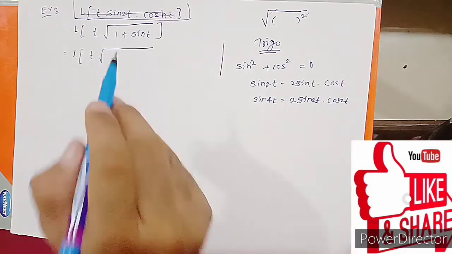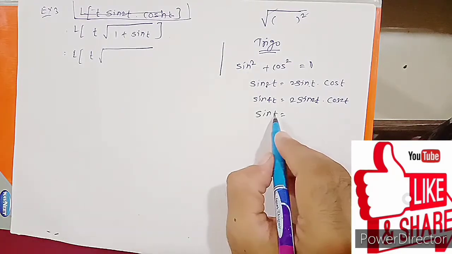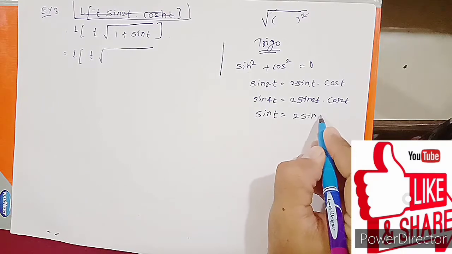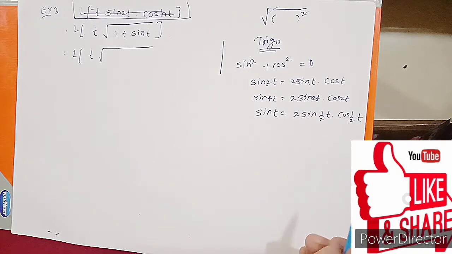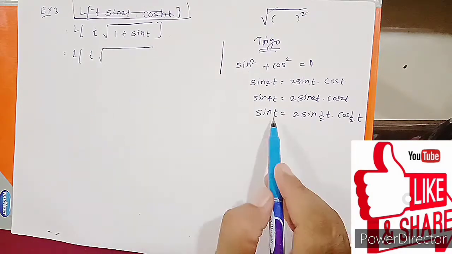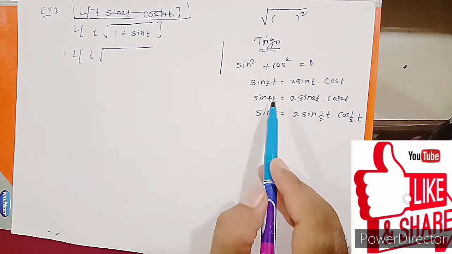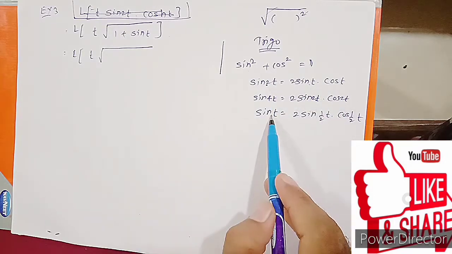Now I want sin t. What we do here? Again angle is 1, so we divide into two equal parts, that is sin 1 by 2t into cos 1 by 2t, राइट? क्योंकि यहाँ पे साइन 1t है तो मैंने 1 को डिवाइड कर दिया दो पार्ट में, that is 1 by 2 and 1 by 2, right? Because 1 having two parts, equal two parts, that is 1 by 2 and 1 by 2. जैसे यहाँ पे 4 था तो 2 और 2 हो गया, यहाँ पे 2 है तो 1 and 1 हो गया. Similarly we are dividing that 1 into 2 parts.